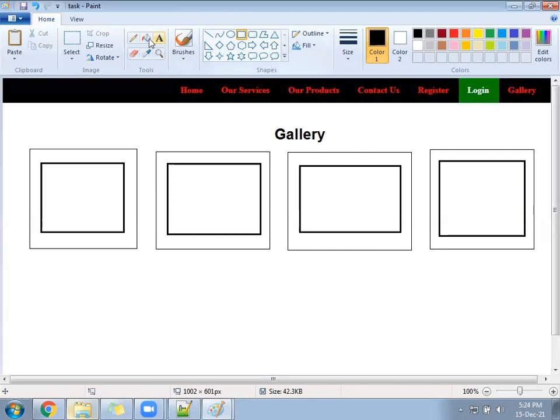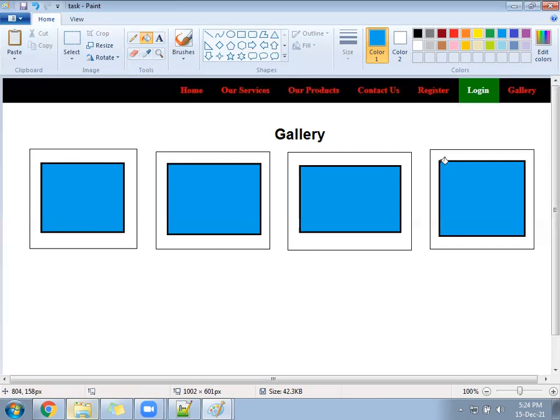Now let me color the photo also so that it will be clear for you. Yes, this is the photo area. Box shadow is there, and after box shadow, some space is there, equal from top, left, right, and bottom, and inside there is a photo.